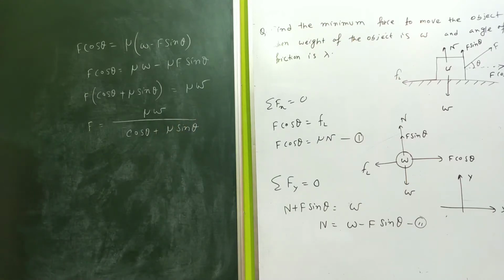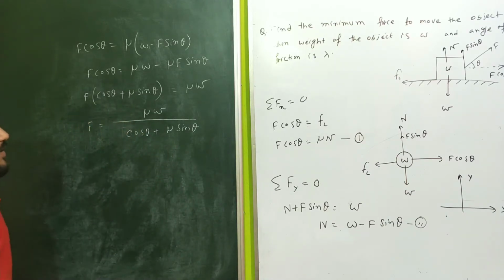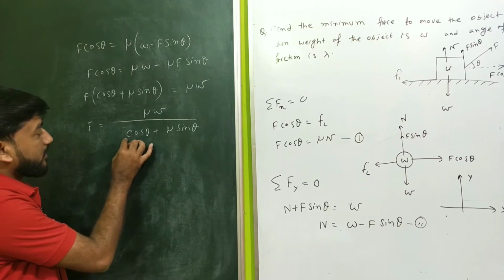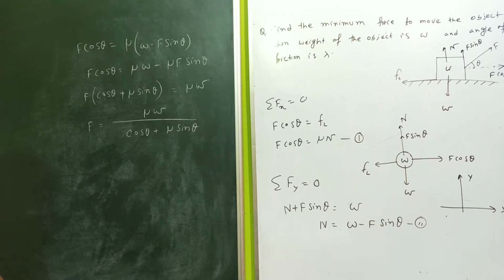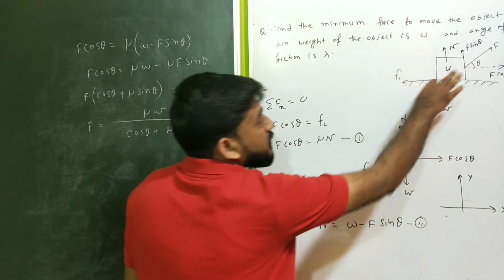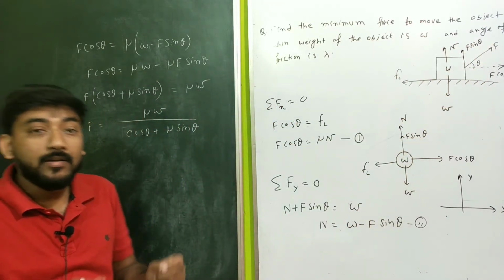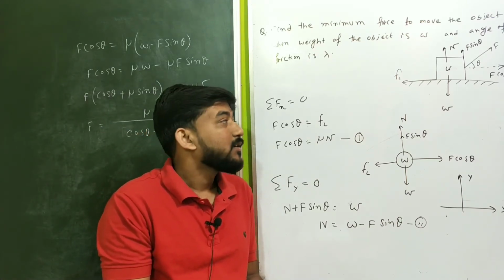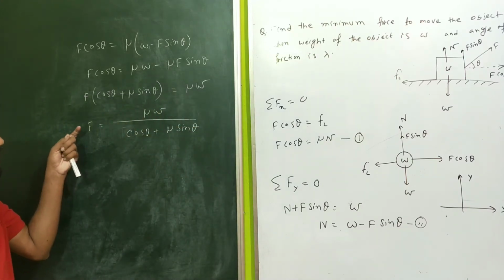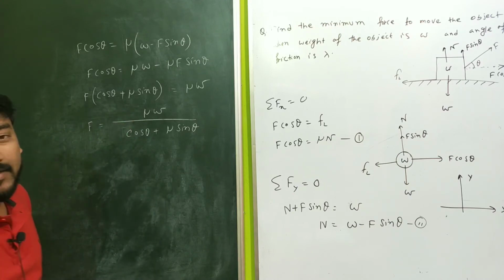Now you can achieve the minimum condition, where the force will be minimum. You can achieve the minimum condition by differentiating this equation with respect to theta, because F will be minimum only when the first differentiation of this with respect to theta is 0, because here the only variable is theta, everything else is constant. We have to find for what value of theta F will be minimum. So you can achieve the minimum condition by differentiating this expression, that is del F by del theta is equal to 0.